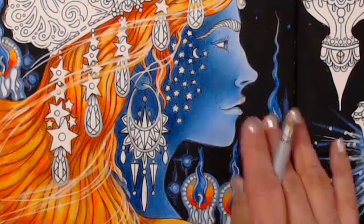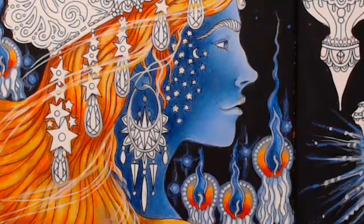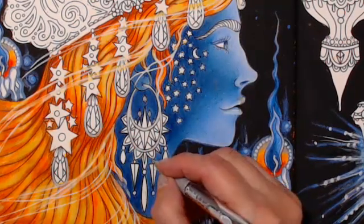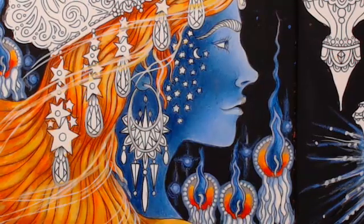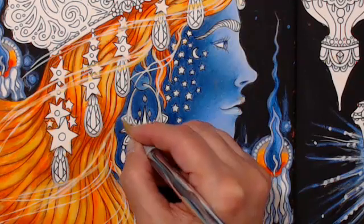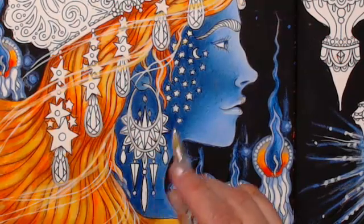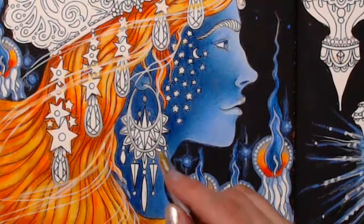All right, let's see. Got those little settings done. And I think I need to go run downstairs and get some coffee. I think I'm going to do the outside of these two edges, like